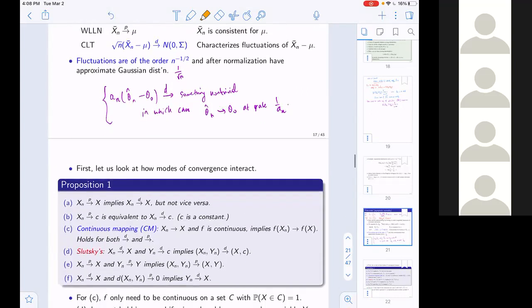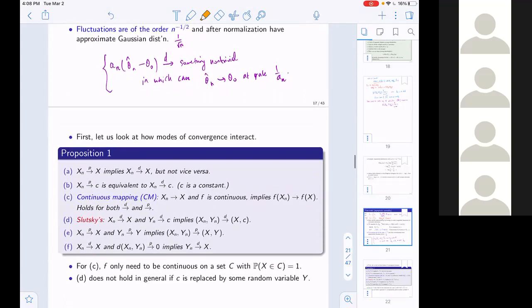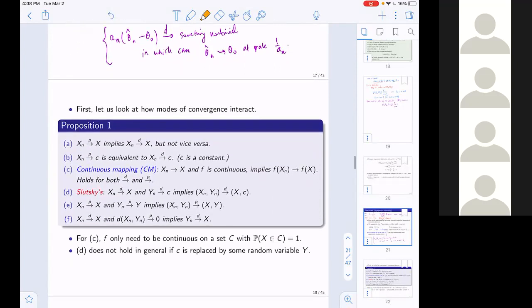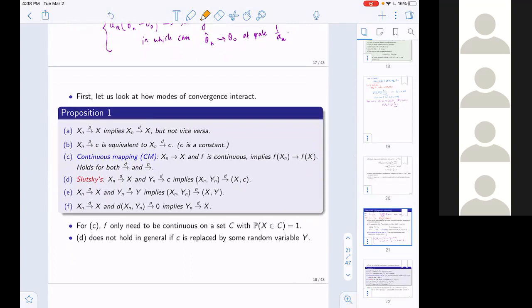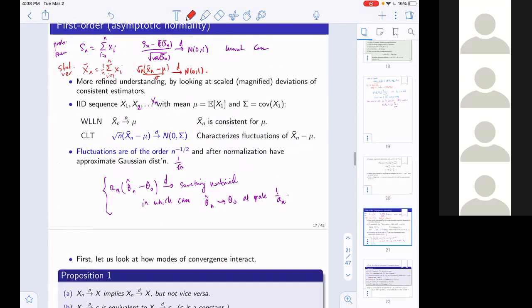convergences in probability. So we're going to discuss some of the properties, not necessarily prove them, and then use them to derive new limit theorems. This proposition summarizes most of the things that we need. The first one is convergence in probability. Okay, convergence in distribution, I didn't talk about this, but we discussed it in a previous lecture, and I'll refer you to that lecture. You can define it as convergence of CDFs at the continuity points of the limit CDF in the univariate case, but there's a more general version via convergence of